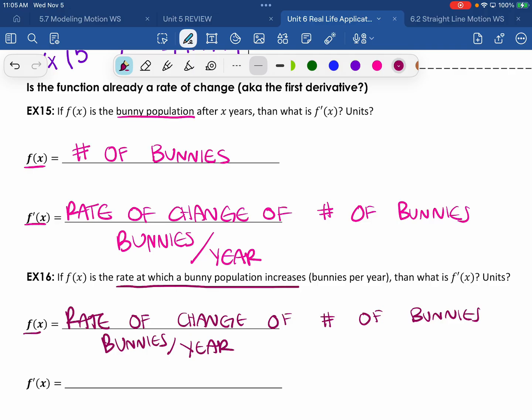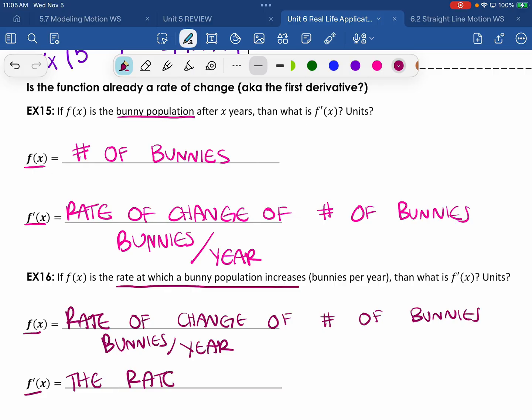All right, so it's the rate of change of the number of bunnies in bunnies per year. So when you're doing the derivative, it's another rate of change. This is a double rate of change. It's a double derivative. So this is going to be